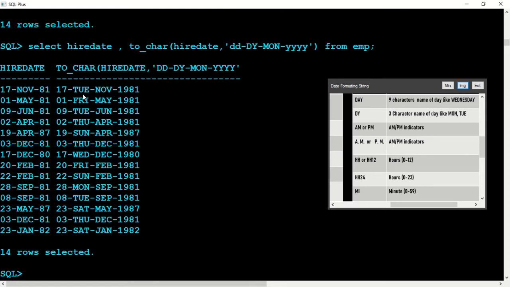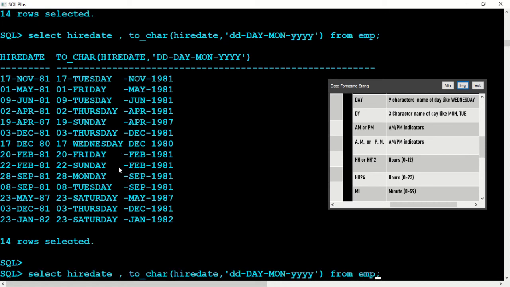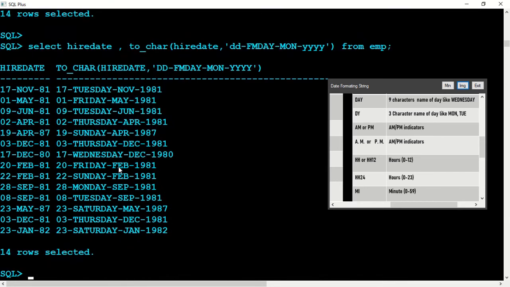If you don't like the short form TUE and want the full name, you write DAY. Then you get Tuesday, Friday, all in capital letters, and you can see a gap. We can remove this gap by using FM, as I told you before. Just add FM in front of it. Now the gaps are removed.